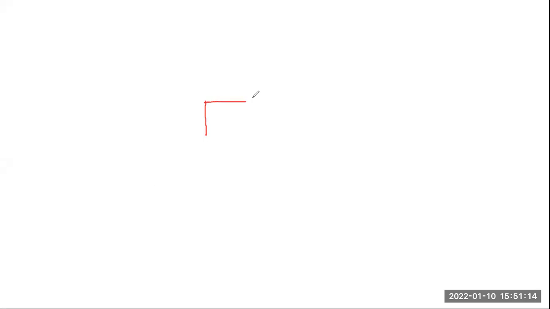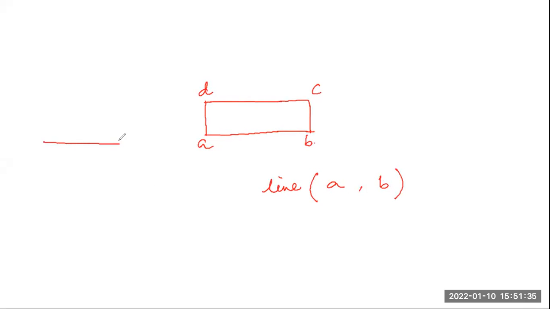Suppose you have a rectangle like this. This is your A, this is your B, this is your C, and this is your D. When I specify the line between A and B by giving the x1, y1, x2, y2 coordinates, this line will be drawn.